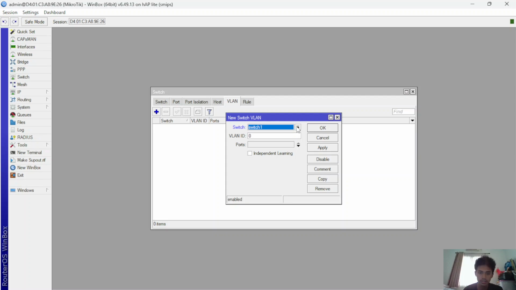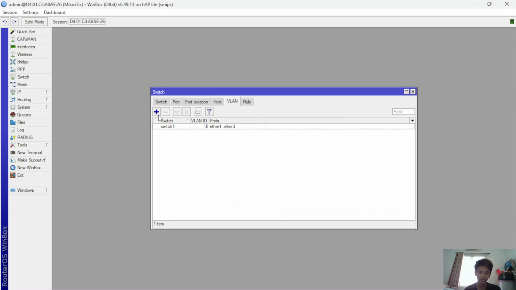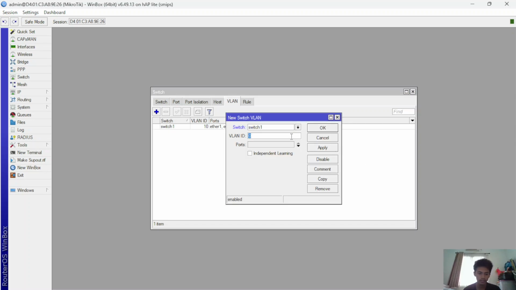Okay, switch VLAN ID 10, ports Ether 1 to Ether 3. Okay, apply. Okay, one more, VLAN 12, ports Ether 1 to Ether 3. Yes, apply, click apply. Sorry, this is Ether 4, this is for the client.